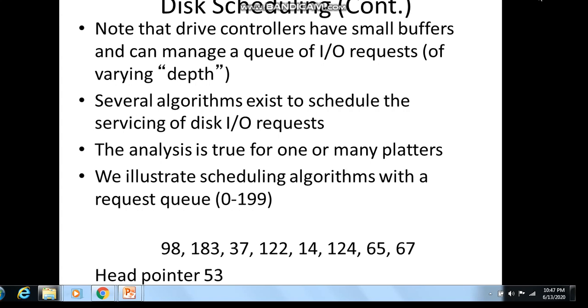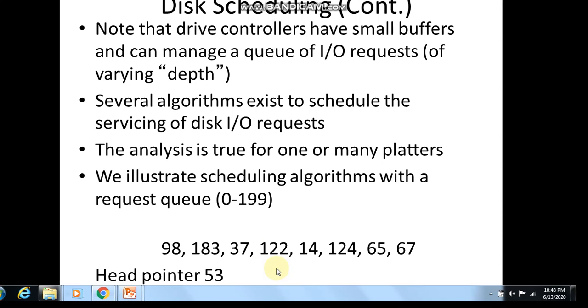Hello students, let us continue with disk scheduling in this video lecture. Let me directly go for the example. Here I'm illustrating the scheduling algorithm where a request queue is ranging between 0 to 199. So what is the meaning of that, we'll see now. To look into the meaning of this queue and this example, I'll just go back to the